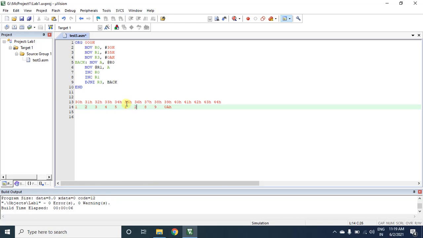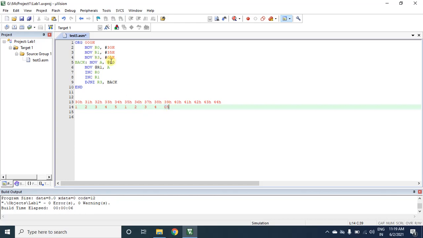The destination location starts from here. So as I start moving the data, 01 will overlap the 6, because earlier it was 6. Likewise, 02 will overlap 07, which was there previously. Likewise, this will become 03, 04, 05. Up to here it will become 05.